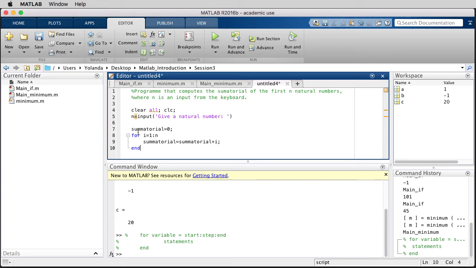In this way, when I enter the for loop, I will be equal to 1, summatorial will be equal to 0, and 0 plus 1 would be 1. Then I will go back here, then I will be equal to 2, so I will have 1 plus 2, which is 3. Then I will go back here, and I will be equal to 3, and I will add 3 plus the previous value, which was 3, which is going to be 6, and so on. I will not write the semicolon here, so we will see what it does at each step of the for loop, okay? So let's run this